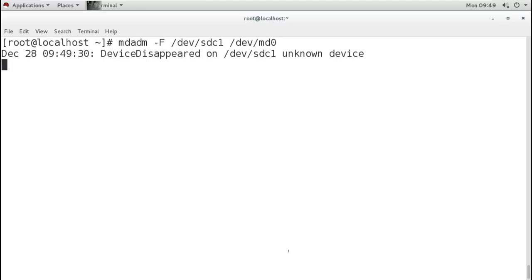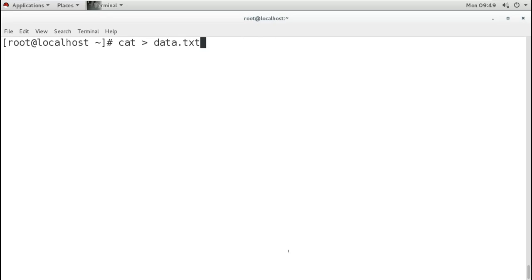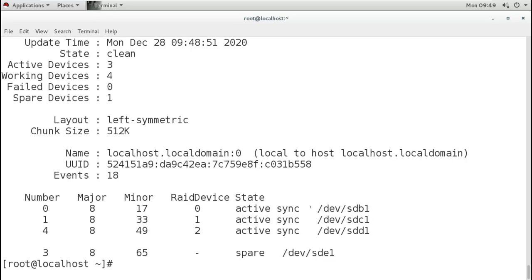Oops. Let me check again. Detail. Okay, SDC1. So I will make mdadm from md0 SDC1.